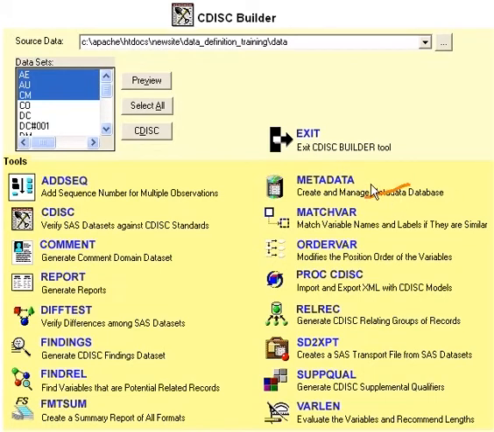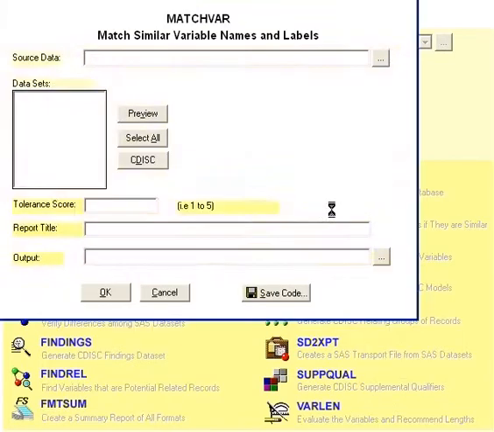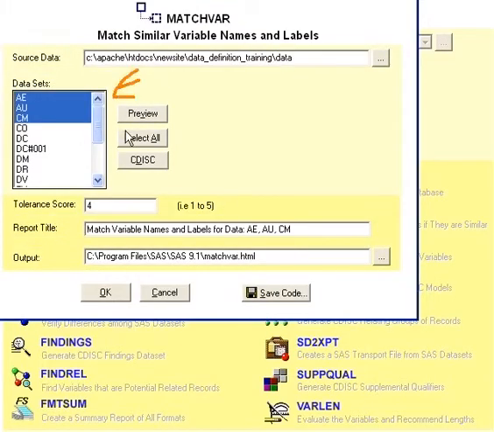You can find potentially matching variables to standardize upon variable names and labels using this match var tool. When you click on it, you can selectively choose the datasets and where the variables you want to search through. And if you were to have a low number tolerance level here, actually the low number meaning that the close match is really tight, whereas the higher number means it's a little bit looser in terms of the tolerance level